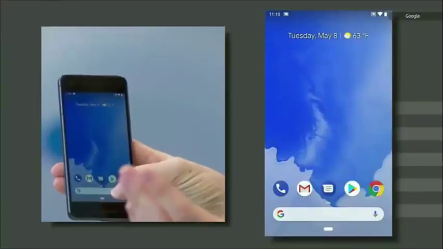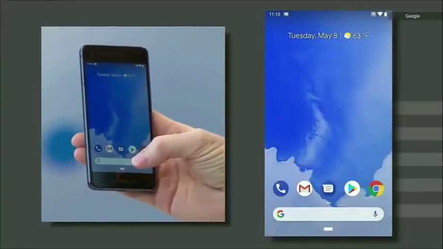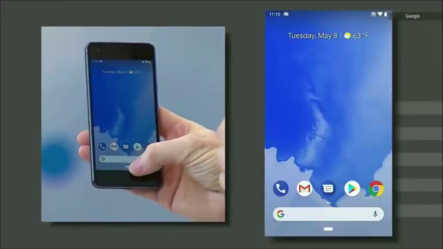And if you prefer, you can also use the quick scrub gesture by sliding the home button sideways to scroll through your